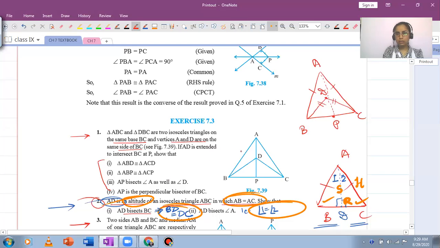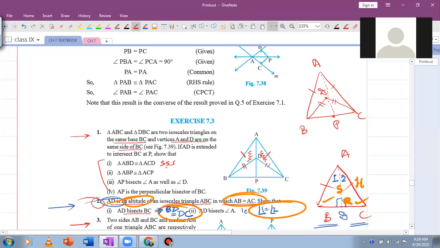So you can just mark that these two sides are equal and these two are equal, and other than that you have nothing. So the first thing you want to prove is ABD is congruent to ACD. So this little triangle here is congruent using SSS. So this one's simple. You can see AB equals to AC, BD equals CD, and this can be done by AD common arm. AD is the common side.